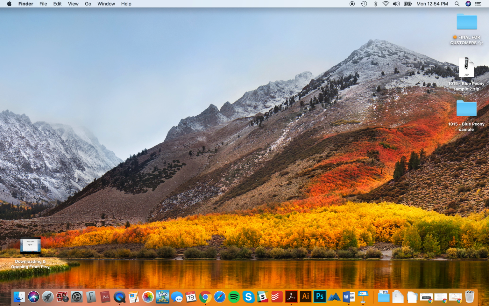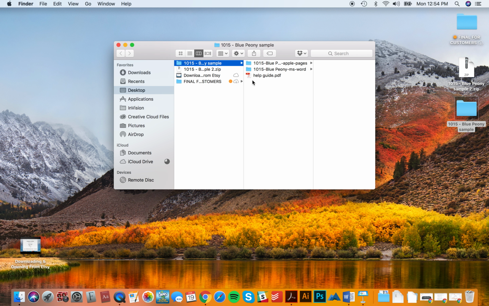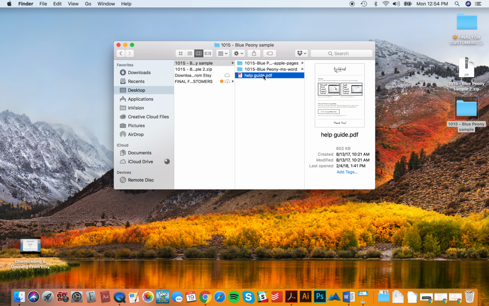So you'll double click the zipped file that you've downloaded, and then it'll open this folder. It might look a little different on PC, but I know the general concept still applies. And then you're going to get two folders and a file in here. The help guide gives you links to these tutorials, and then also a compatibility pack if you're using a really old Microsoft Word version. Make sure that you're up to date on all your software for Microsoft Word or Apple Pages, whatever you're planning on doing,